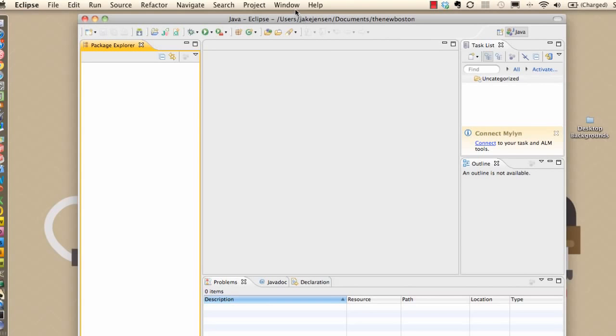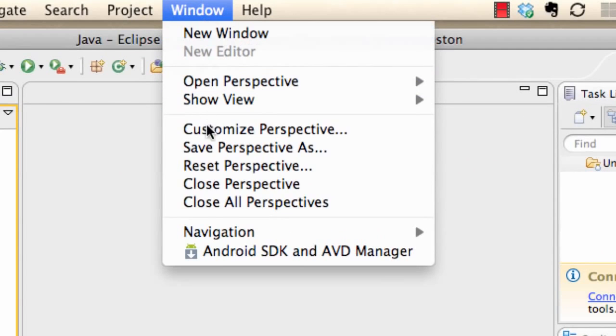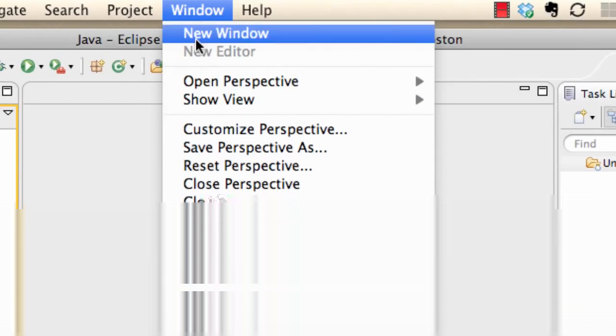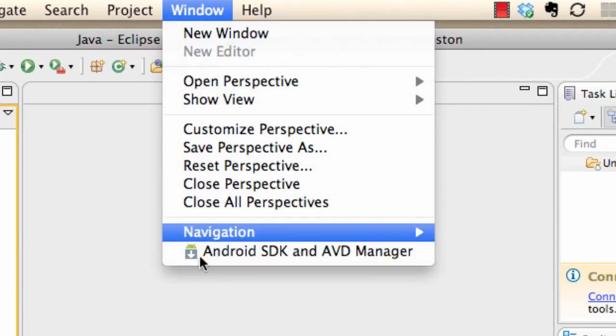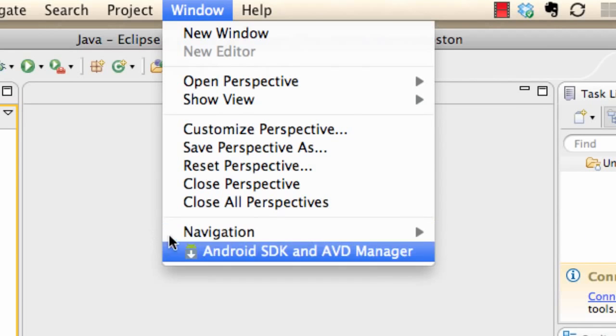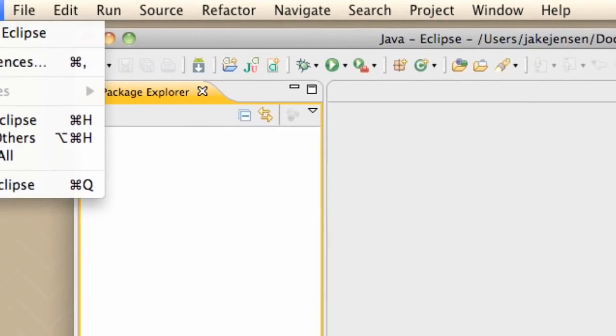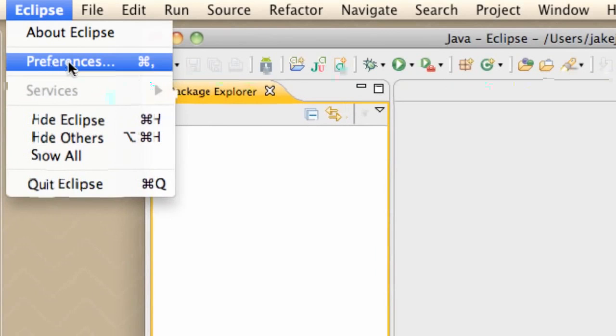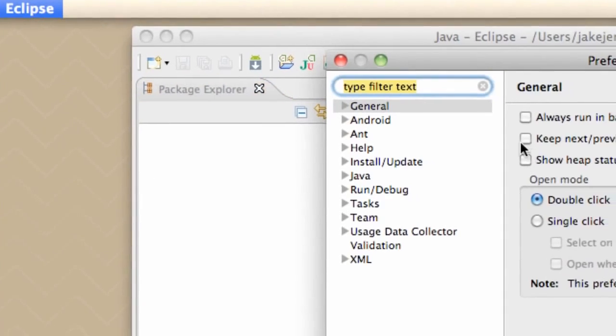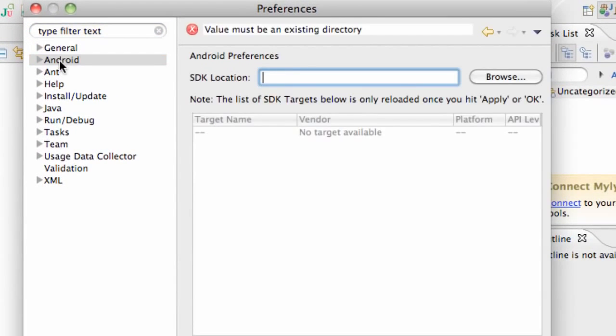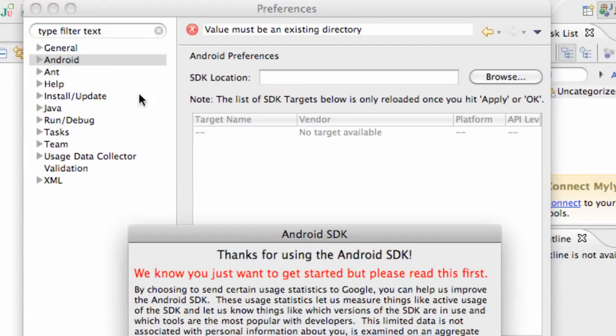Now if you're running on Windows, you want to go up to the Windows tab. That's where I got confused in that other tutorial. Under the Windows tab there should be something called Preferences right down here. But on a Mac computer you want to go under the Eclipse tab, and the Preferences is right here. So you click that and then you go to this folder called Android that's now located,